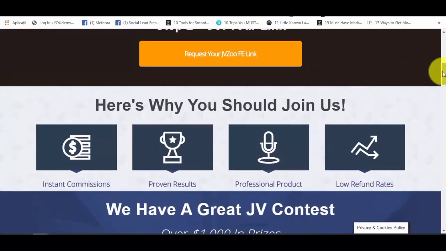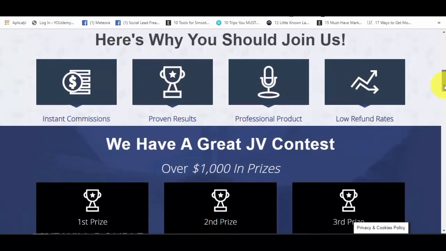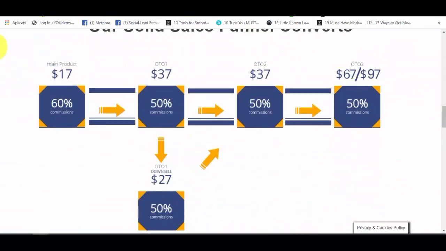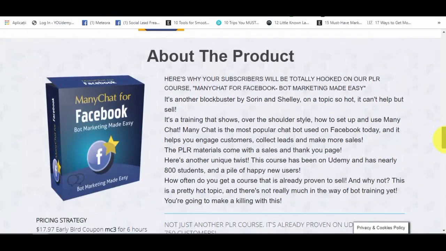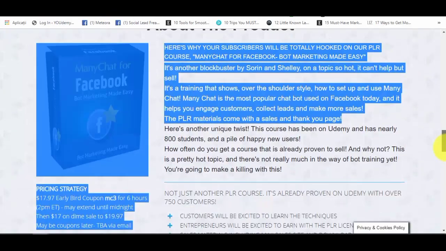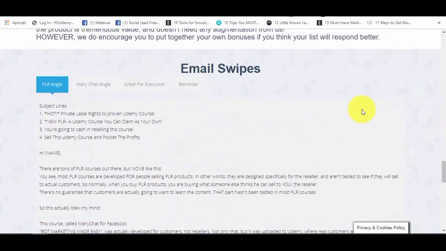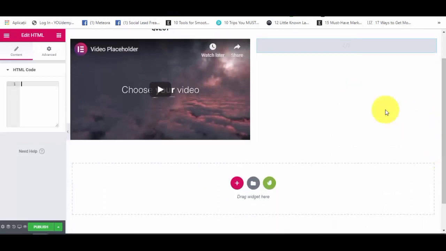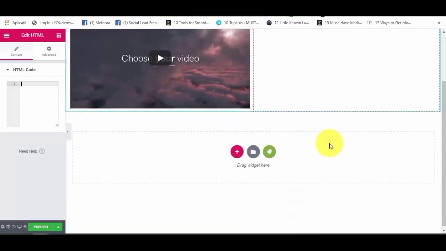Details about the product, sign-up link, a couple of reasons why affiliates should join, other details, how the sales funnel looks like. So these are some basic details about the product itself, and email swipes or banners or other things that you offer to affiliates so that it's easier for them to promote your product. Now let me go back to Elementor. So the next thing that we should add to this page,